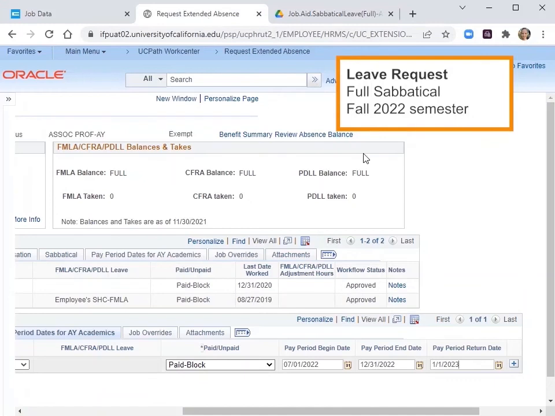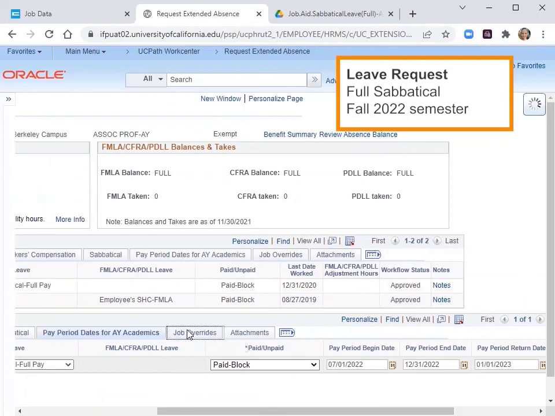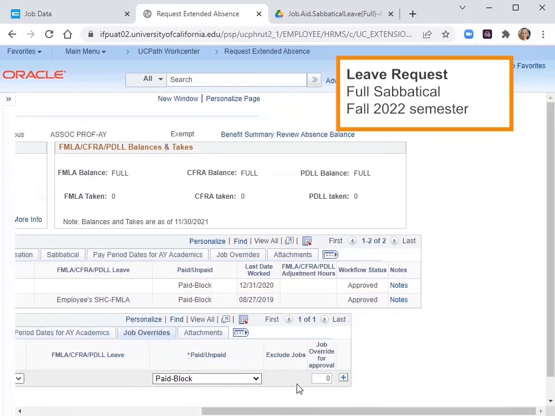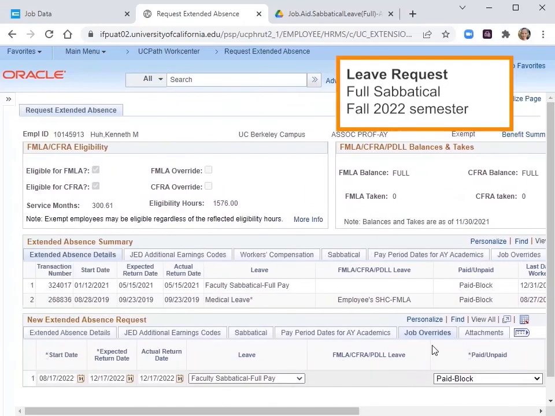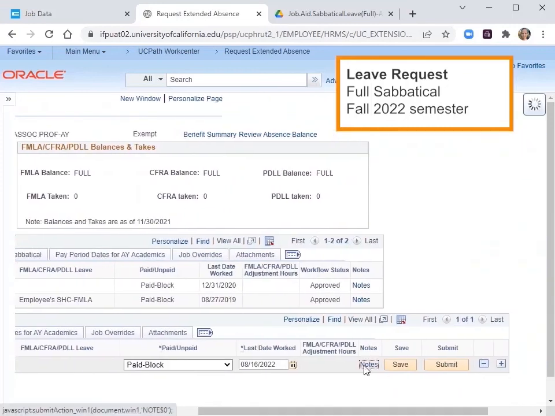To complete this leave entry, enter the job override if needed. Enter a note on the sabbatical leave entry. There is a template for the notes that can be used in the sabbatical job aids.